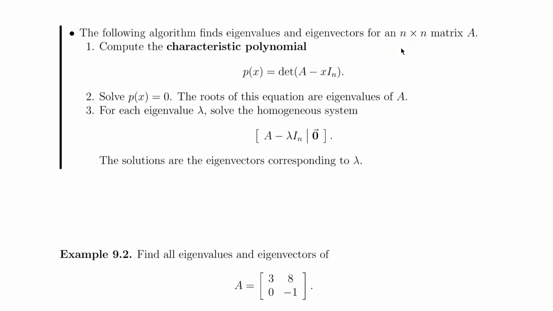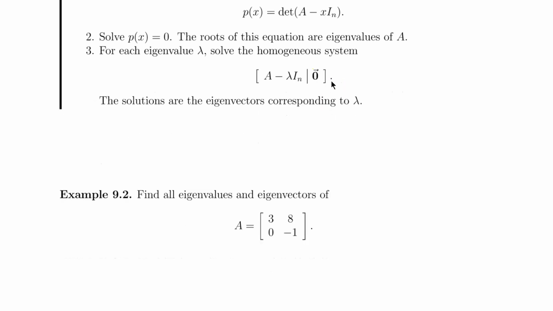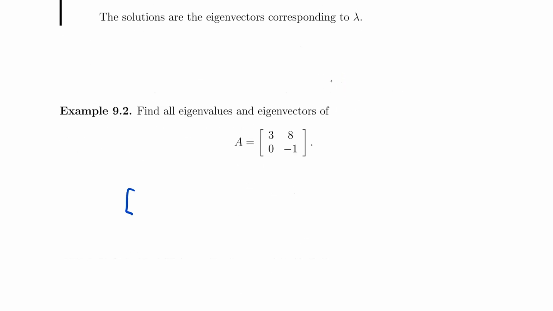There is an algorithm that we can use to find eigenvalues and eigenvectors of a matrix. Let me go over this for now and then we will see why later. The first thing that we want to do is find the determinant of A minus x times the identity matrix. So I'm going to start off with this matrix A, 3, 8, 0, negative 1, minus x